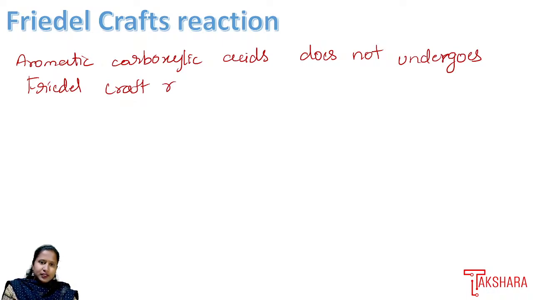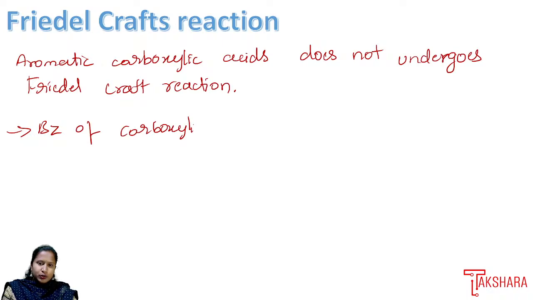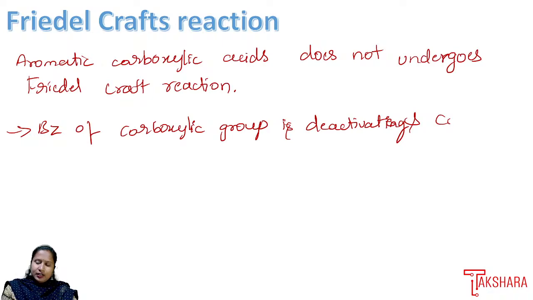Why? Because the carboxylic group, that is the COOH group, is going to deactivate the ring, and the catalyst